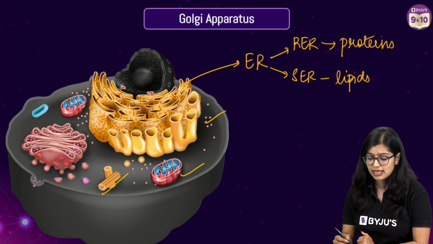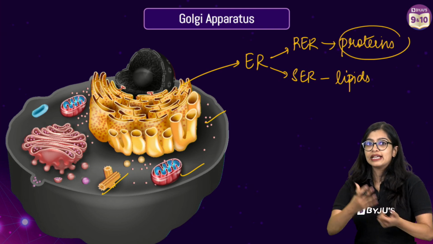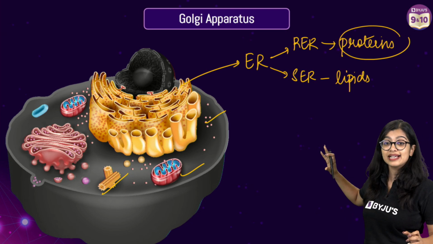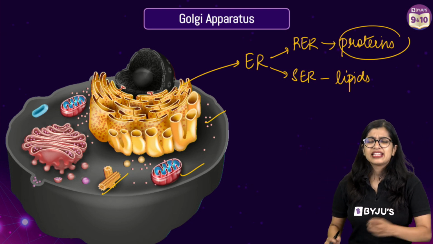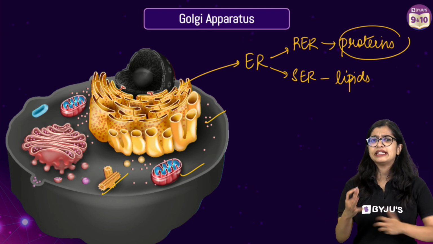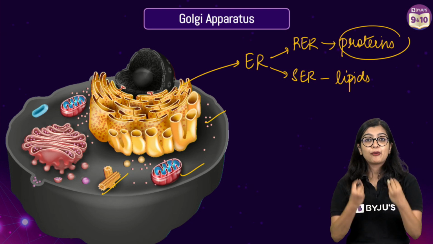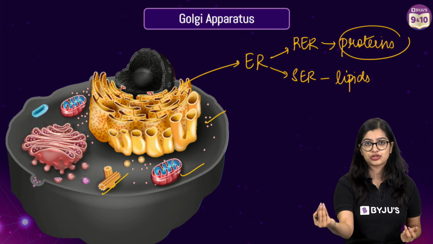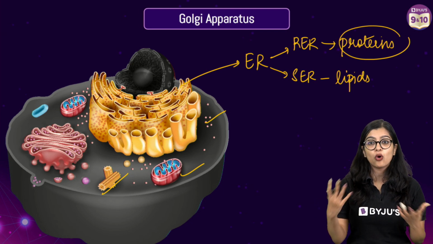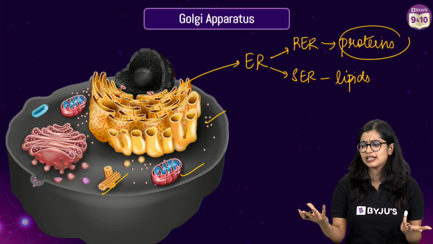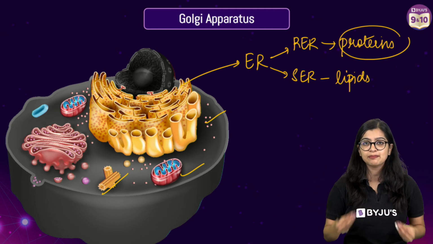But now at the same time, when we talk about proteins, we know that at times these proteins that are synthesized by the rough endoplasmic reticulum might not be fully functional. They may need some modifications, they may need certain structural changes so that they become functional proteins, or proteins that will actually do their function. Otherwise, what will happen? Proteins will be synthesized, and if they don't become functional, then these proteins are of no use. They will not do their function. It is as simple as that.